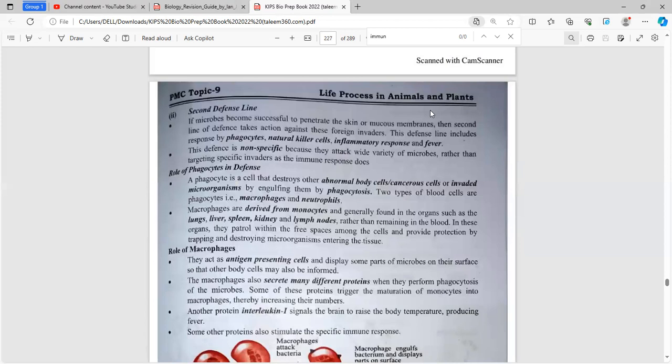The second line of defense in the human body is the inflammatory response of the human body towards the pathogens. There are several responses, including fever. However, we'll be studying them on a systematic